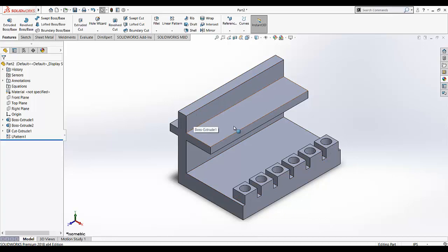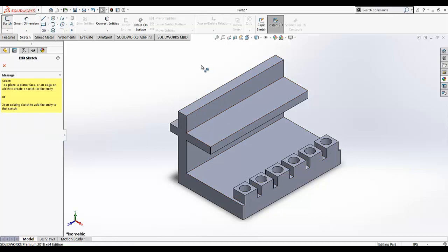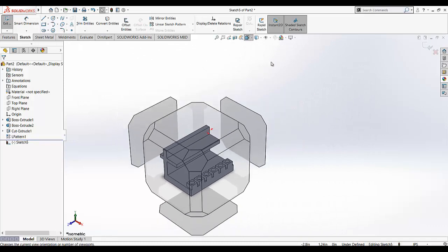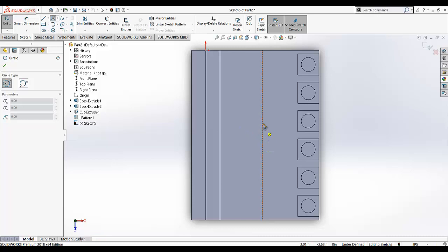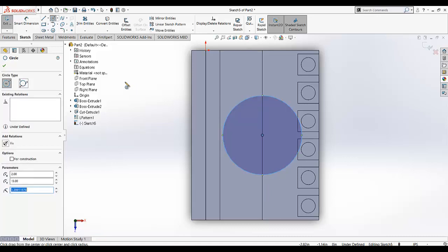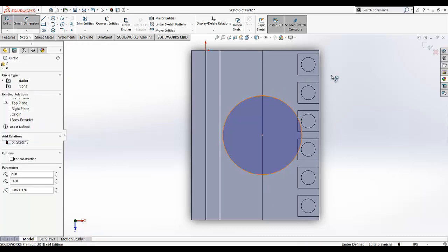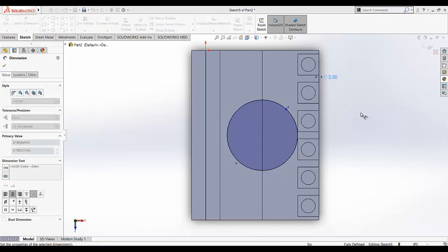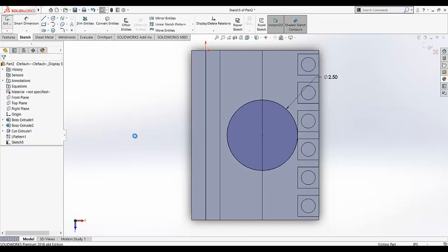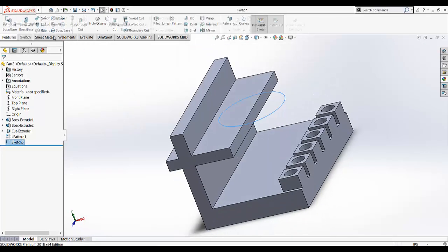I needed to make another cut on this surface, so go to sketch, sketching tool, select it and go to normal view. Now we needed to make a circle in the center of this edge, so move your mouse pointer on that edge and find this midpoint of that edge and draw a line like that. And the dimension of this circle, the diameter is given as 2.5. Exit the sketch, and now we needed to make the cut